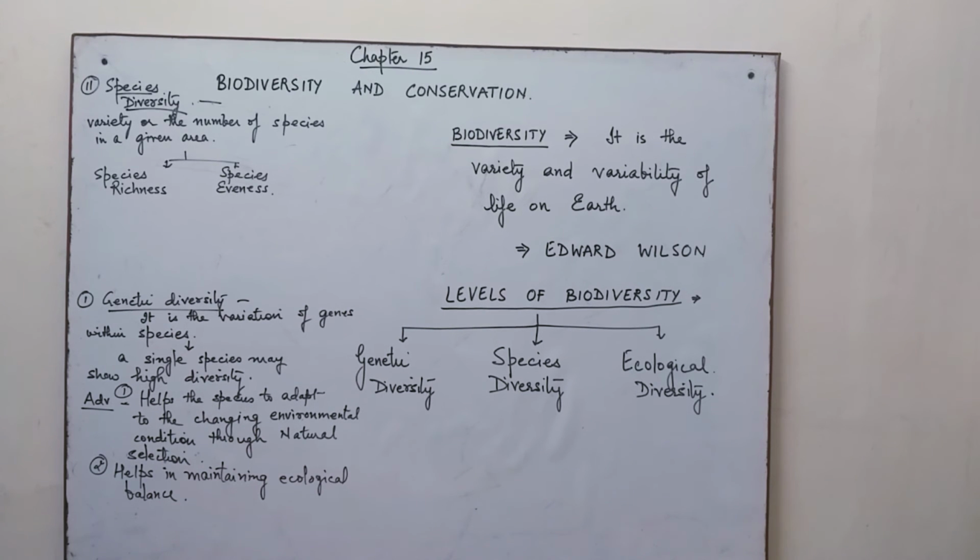When we talk of species richness, it is the number of species per unit area in a given region, and it generally increases with the area of a given ecosystem. It is actually a measure of how rich the species is. For example, if we take a sample area,